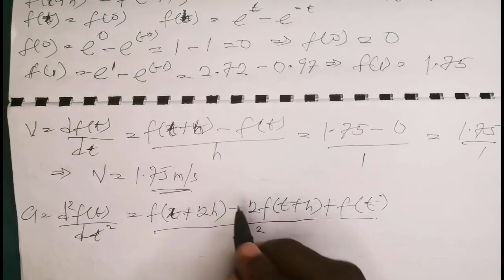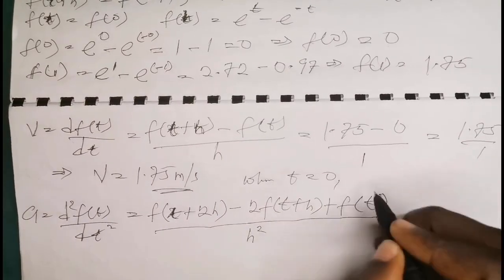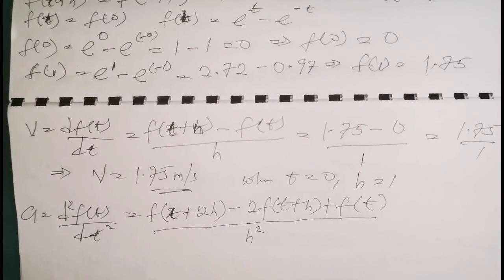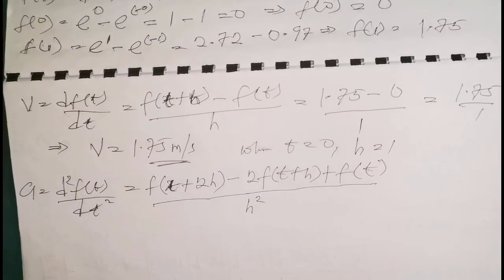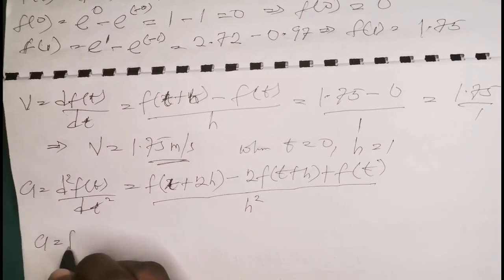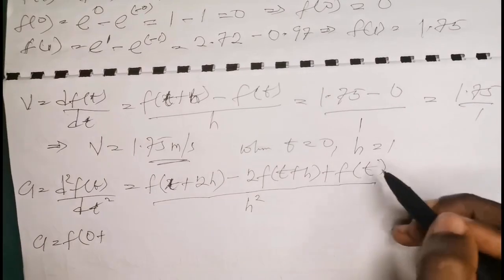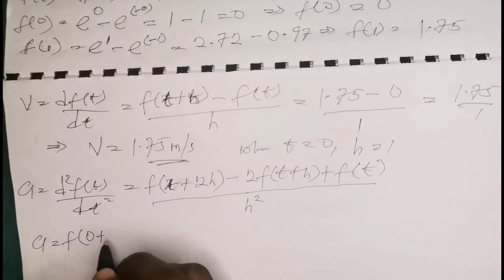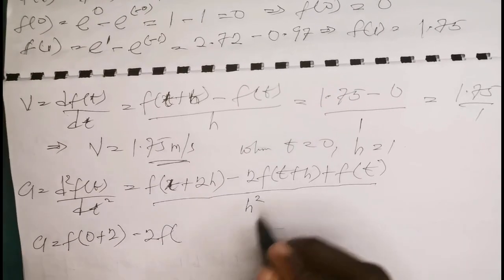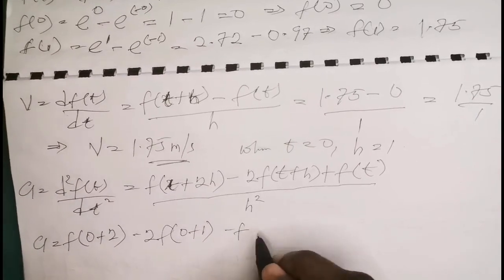We know what t is, remember, when t is equal to 0. Not forgetting our interval h is equal to 1. We simply plug in everything into the equation, right? Okay, so let's do it and see. So we have that acceleration is equal to, this becomes f of t is 0 plus 2h. h is equal to 1, so 2 times 1 is 2. Okay, minus 2f of t once more is 0 plus h is 1